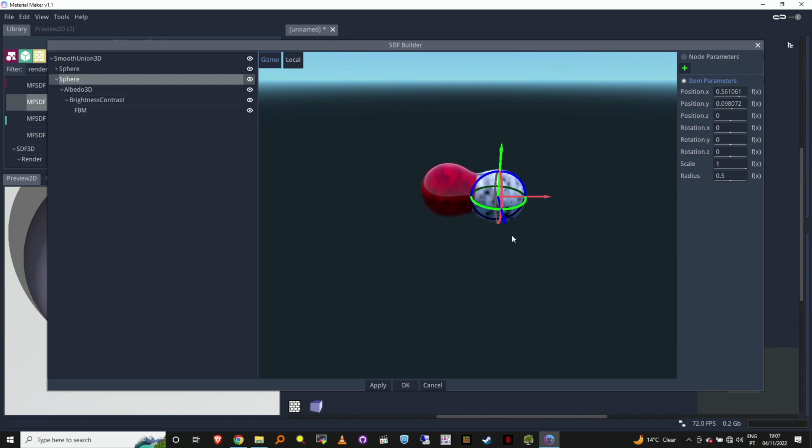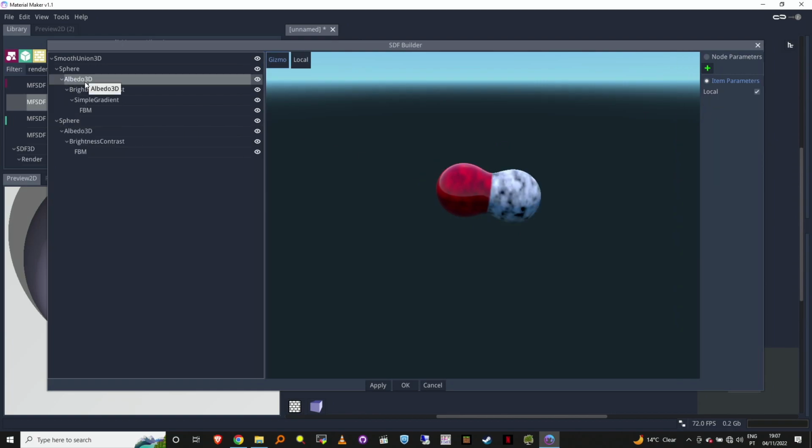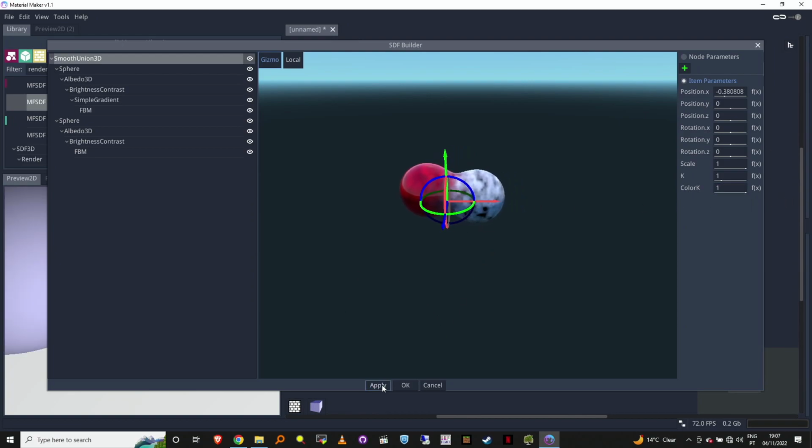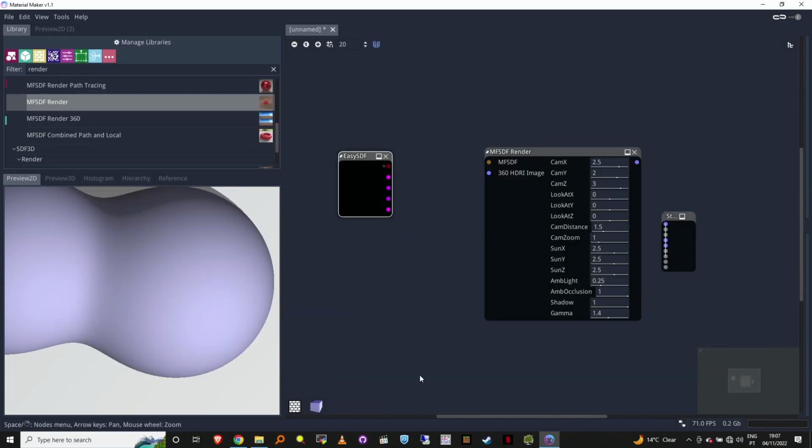And it also blends every parameter. We only put albedo here, but you could put other parameters. You can also change here, of course, how much blending you want between the two, and the color can also have a different parameter. It can be different for the color. Okay, so if I hit apply,